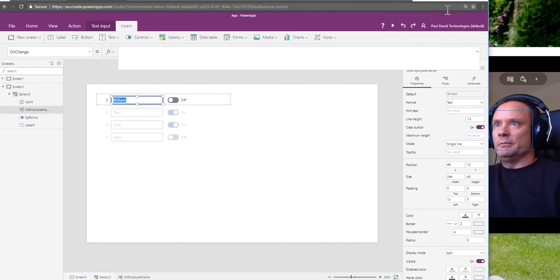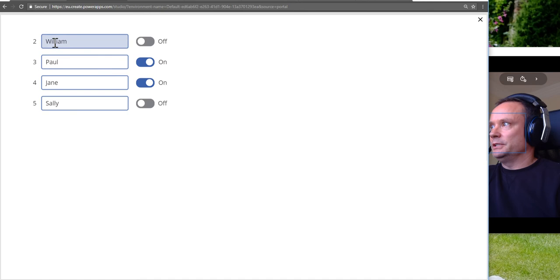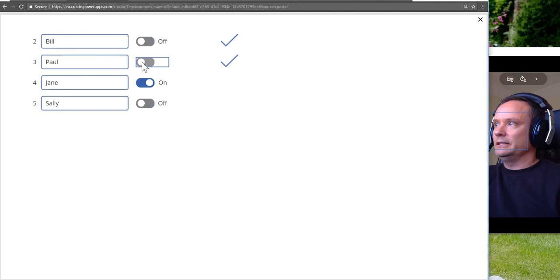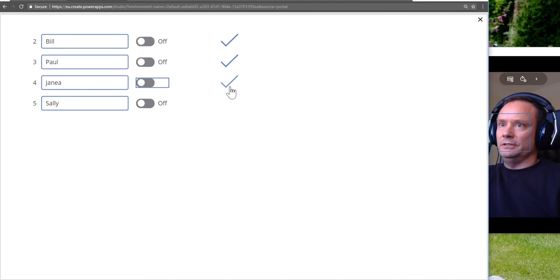Let's do a little bit of messing around with that. Let's quickly put it in this mode so I can do that, and that has changed, so I've got a tick. I can do that, and the toggle has changed, so I've got a tick. I could change both items, and I've still got a tick. Now one thing to remember though is that as soon as I click on one of these ticks, my patch commands are going to fire,